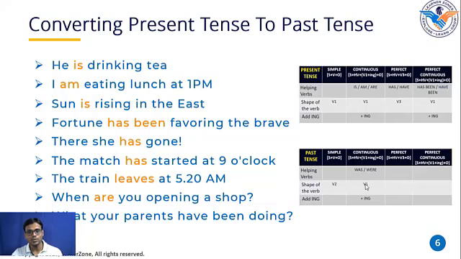Convert the same sentence into past continuous tense. Okay, uncle. What your parents were doing. Correct. Okay. Once again, I'm telling this: don't say "where". In whichever language you speak, we should speak that in a neutral accent. So the correct pronunciation of this helping verb WERE is "were".